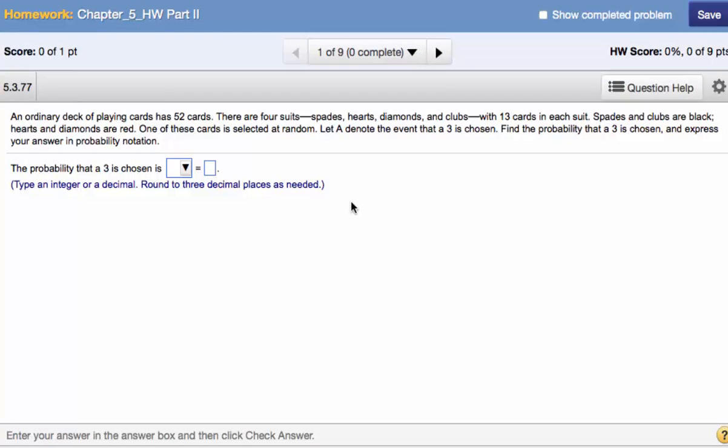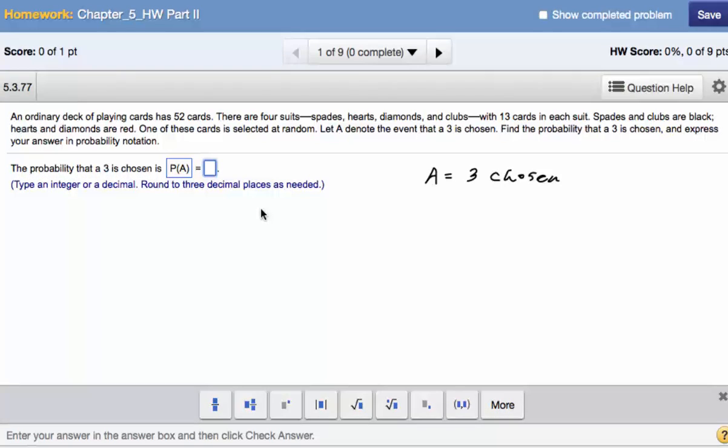Okay, so A is the event that 3 is chosen. Find the probability that 3 is chosen. Express your probability in probability notation. Hopefully that's not too bad. In probability notation, this is P of A, right? And then it's going to equal, and they want us in fraction form, so what's our probability